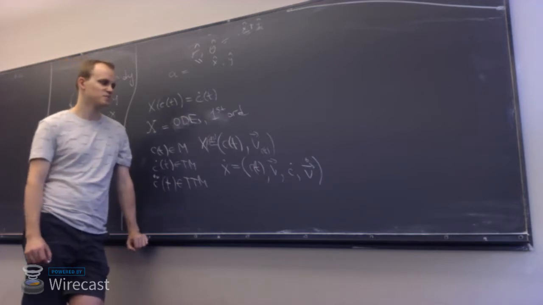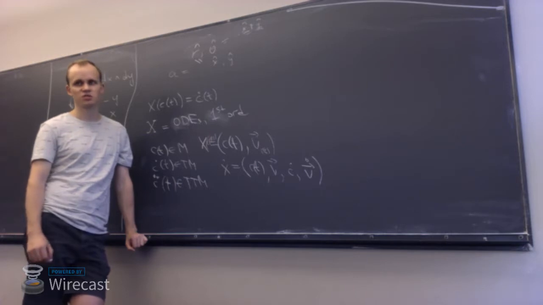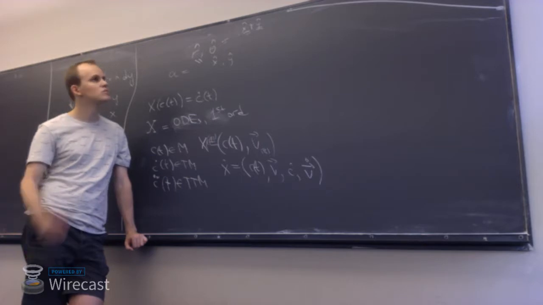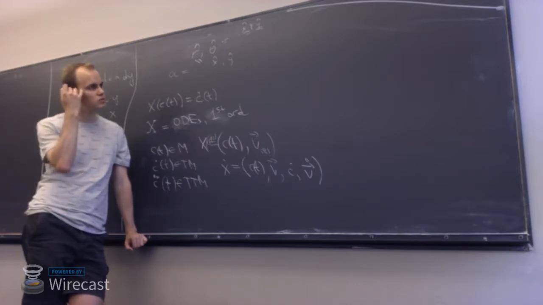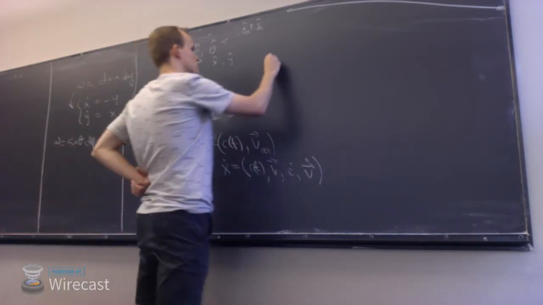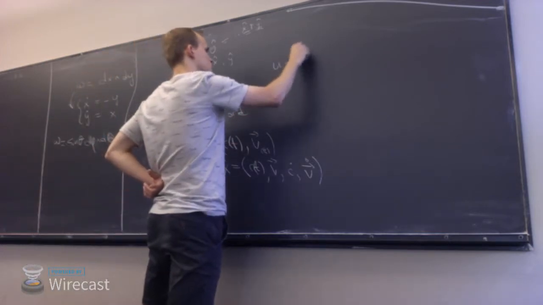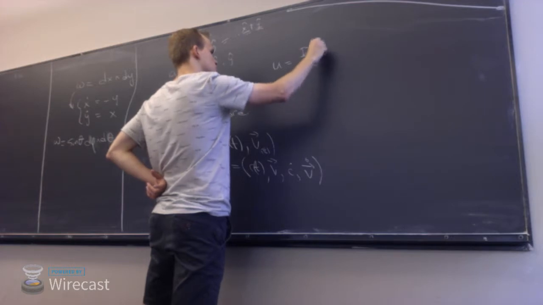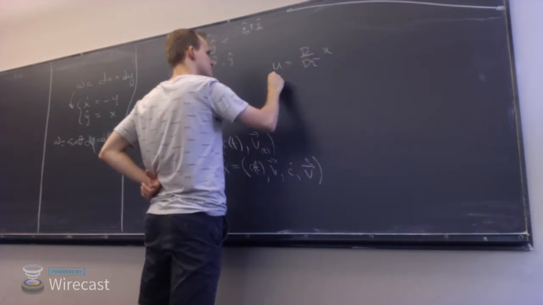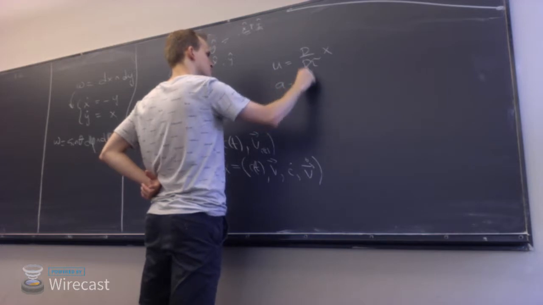So the acceleration is the covariant derivative of the velocity along the curve, right? Yeah. So velocity is d by d tau of the point, and acceleration